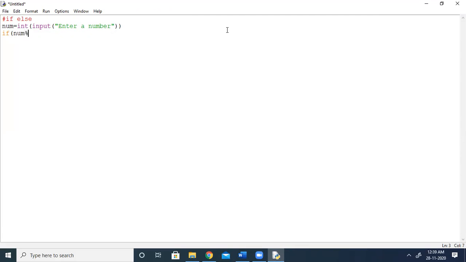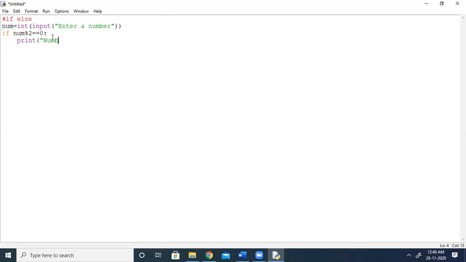So here, if num percent 2 equal to 0, we are going to get the number as even. Here I am typing a message, print